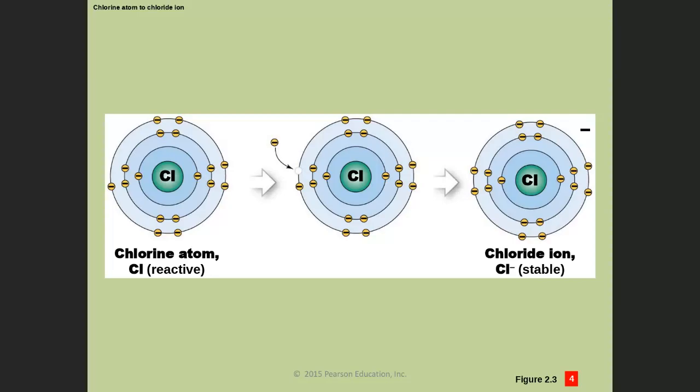In our last video, we looked at how chlorine loves to make bonds with sodium, because sodium wants to get rid of its last electron, so it tends to give away an electron, and chlorine loves to accept electrons. So when sodium bonds with chlorine, sodium gives chlorine an electron, making sodium positively charged because it now has one electron less, but the same number of protons. And then chlorine